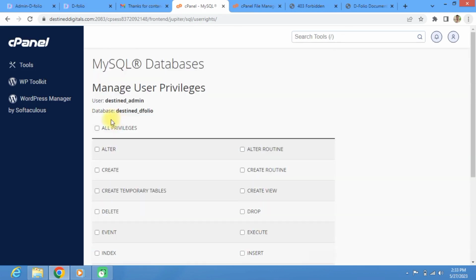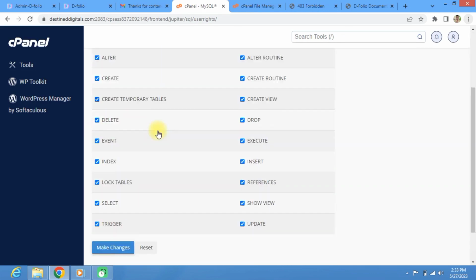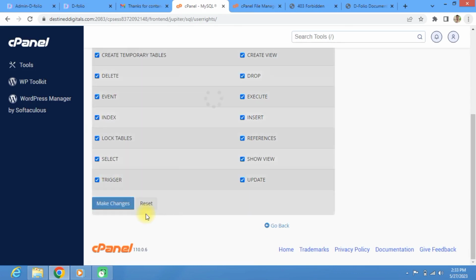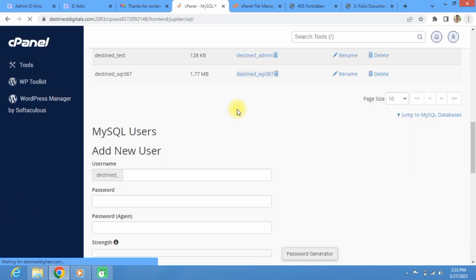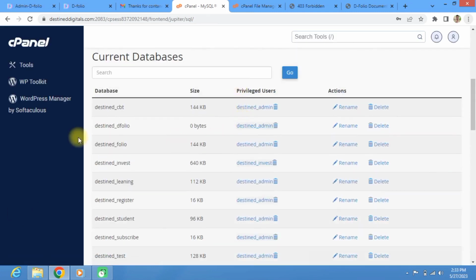On doing that, we allow all privileges, then we make changes. So once we go back now, we're going to see that we now have a user appended to the D-Folio database. All right, so now the next thing we're going to be doing is uploading